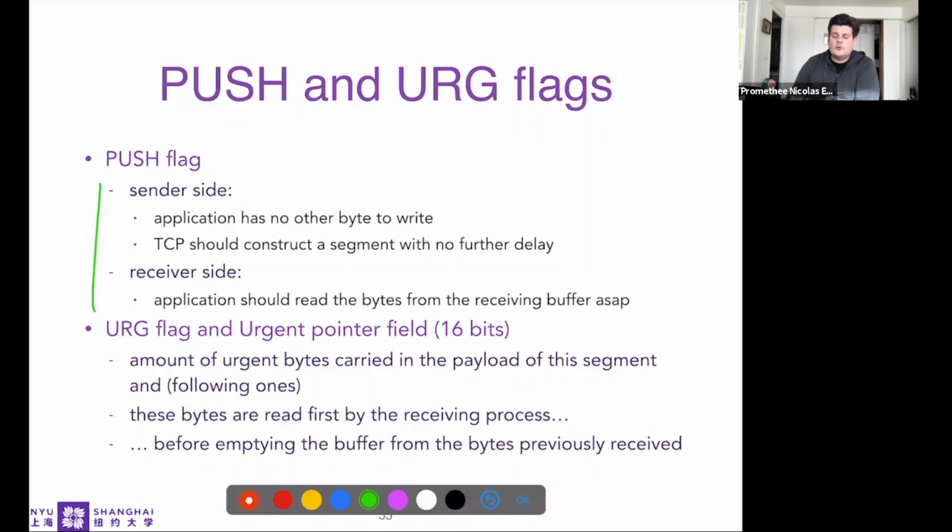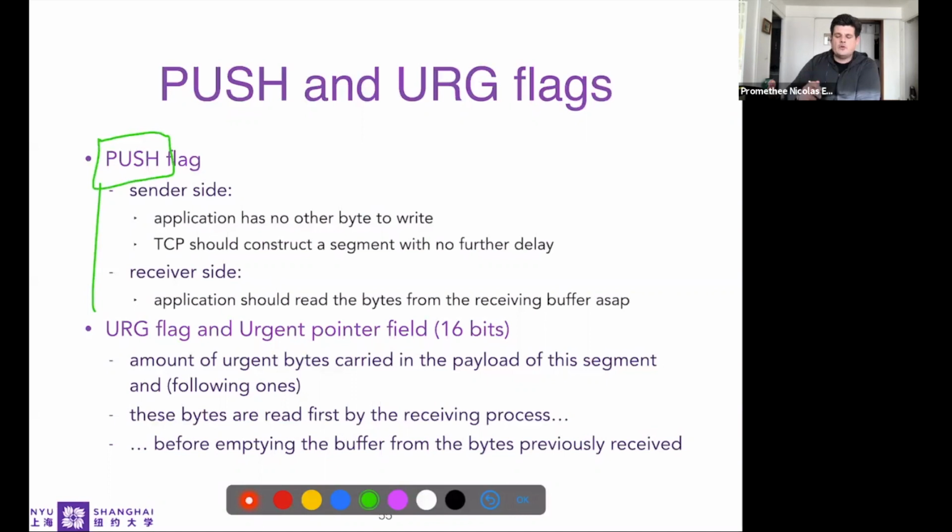But sometimes the application may judge, I just finished writing, and I don't have any more data to be sent. If you're stuck waiting for more bytes, no need to wait. So that's the reason you put a push at the application layer, indicating to TCP that there are no more bytes, send right away,